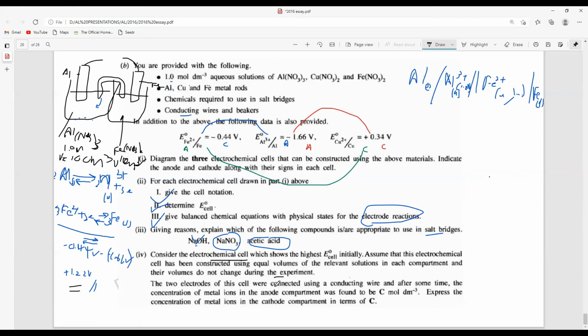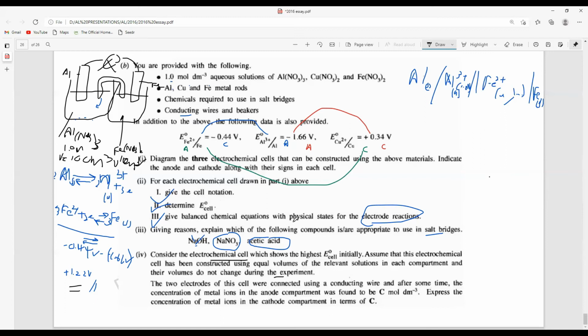The 2 electrodes in this cell were connected using a conducting wire. So this was connected now. After some time, the concentration of metal ions in the anode compartment was found to be